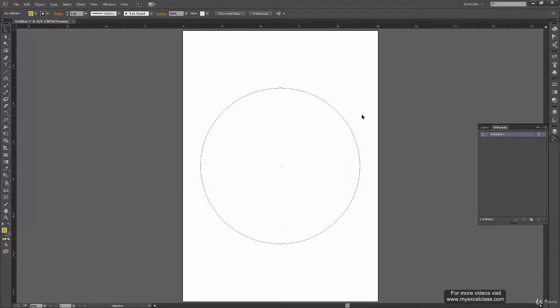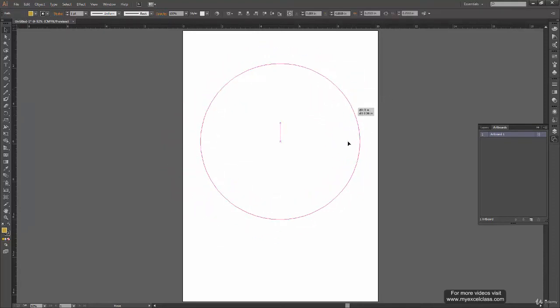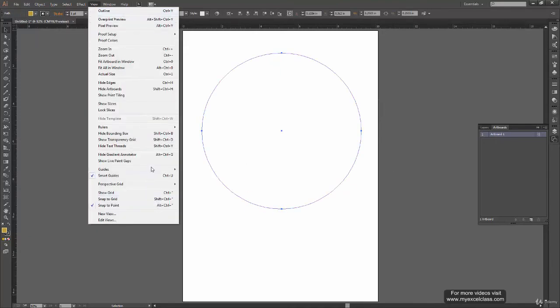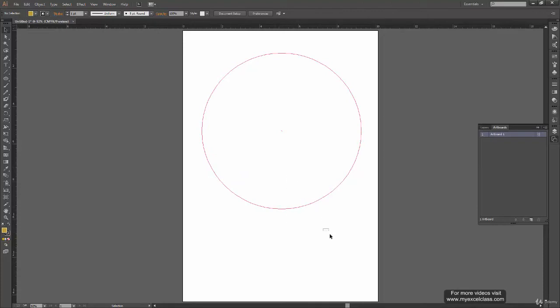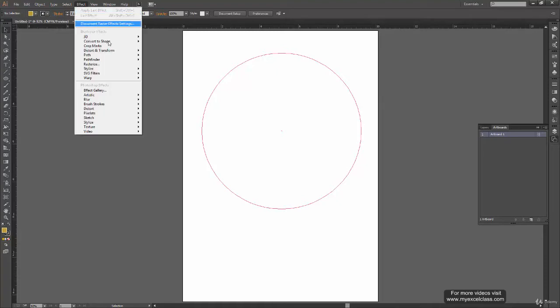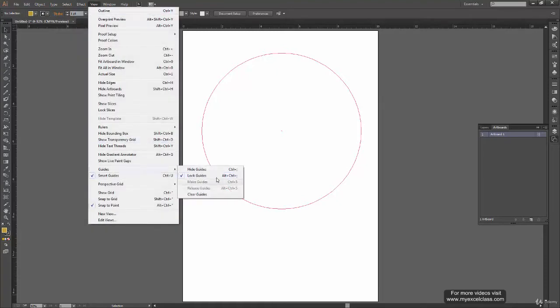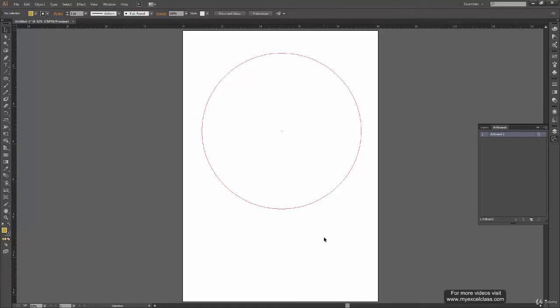Again, like we used to move all the guides, in the same way we can select and move this also. It will work exactly like a guide. You can reposition it, and you can select it and press delete. You can go to View, Guides, Lock Guides, so it is locked now. You don't have the freedom to move it anymore. And if you want to unlock it, again you can go to View, Guides, and unlock it. For hiding it, you can press Control semicolon on your keyboard, so it got hidden, and again to unhide it. So this is how it works.